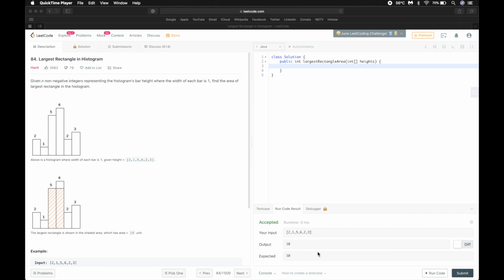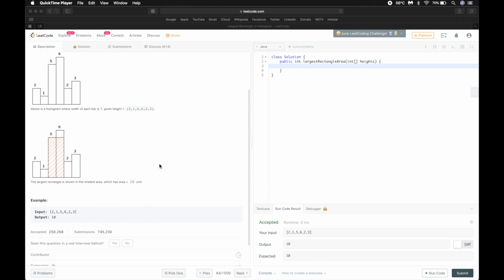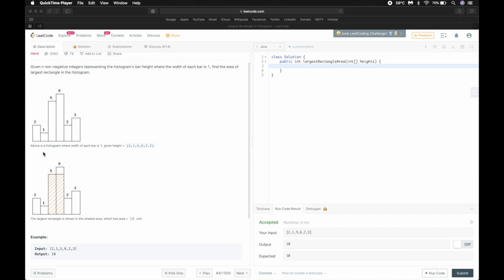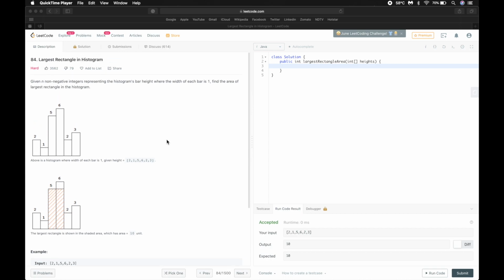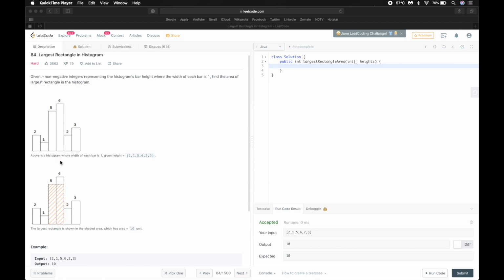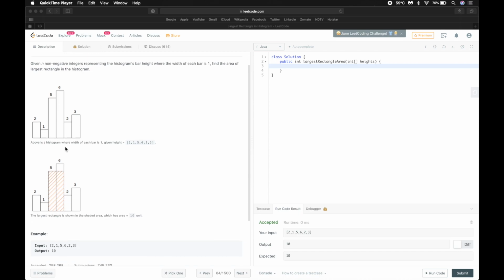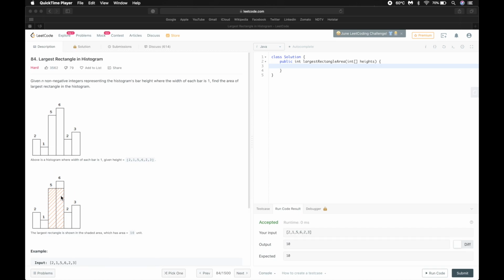Today we are going to solve another LeetCode problem, that is the largest rectangle in a histogram. In this problem, we are given an input that contains the heights of the bars in a bar graph. A histogram is also known as a bar graph. We have to find the rectangle with the maximum area that is encompassed in this histogram. For example, as shown in this figure, this is the rectangle that contains the maximum area in this complete histogram. There can also be another rectangle, for example like this one, but the area of this one is maximum. So let's start with the problem.